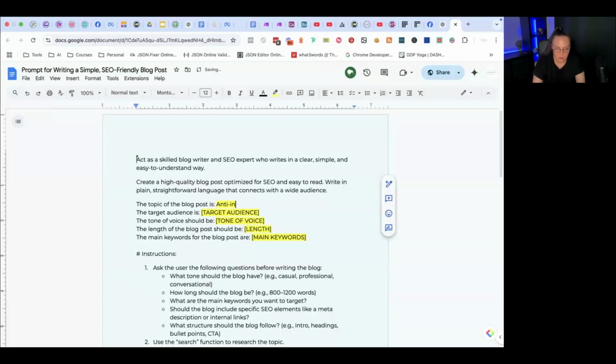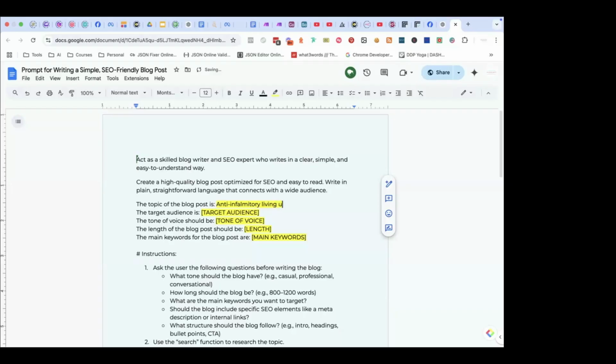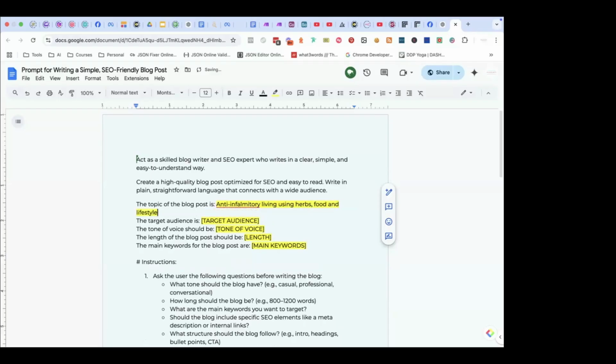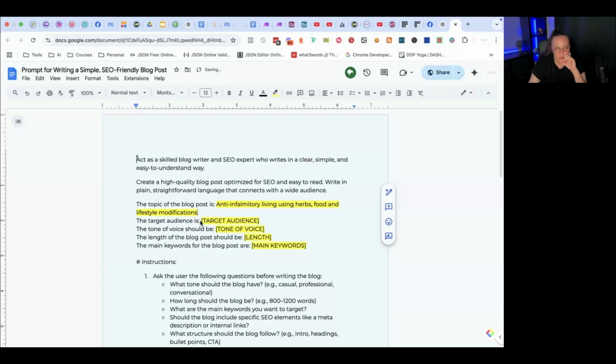Anti-inflammatory living using herbs, food, and lifestyle modifications. Who's your target audience?